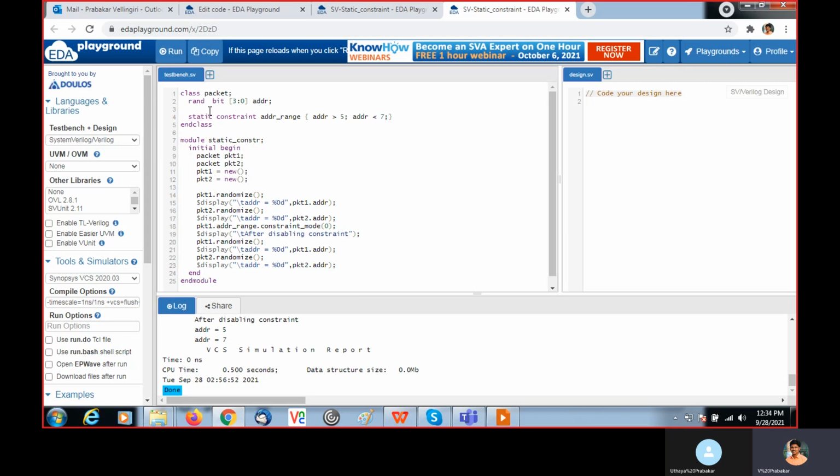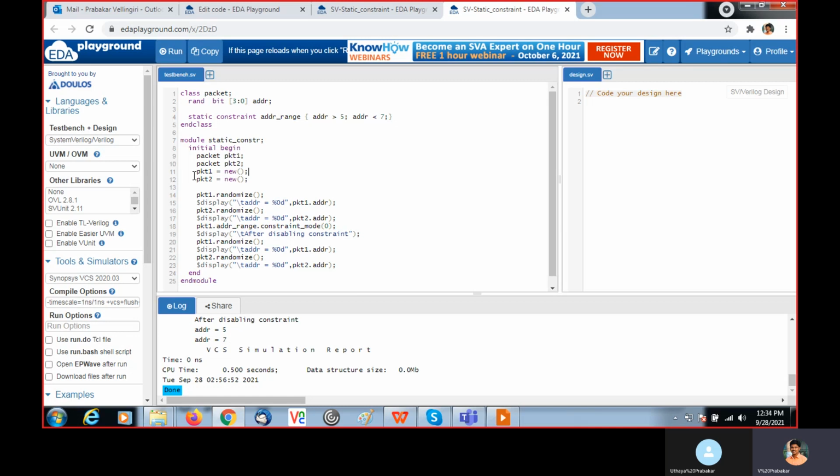So when I instantiate this packet as pkt1 and pkt2, there are two instances. For both instances, this constraint is shared; that is, both instances access the constraint from a common location. So if you change it in one instance, that will affect the other instance also.